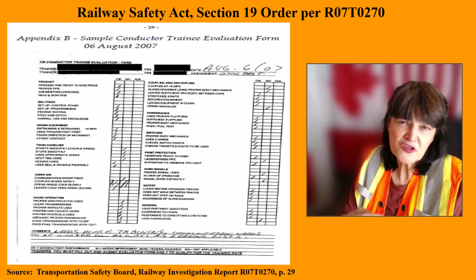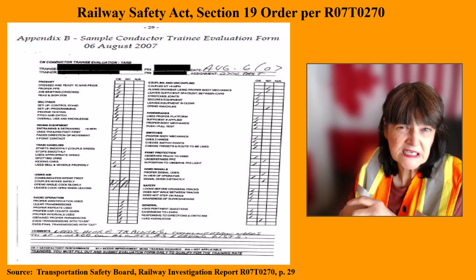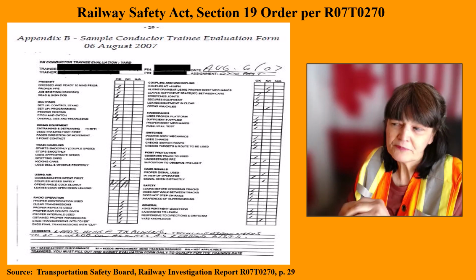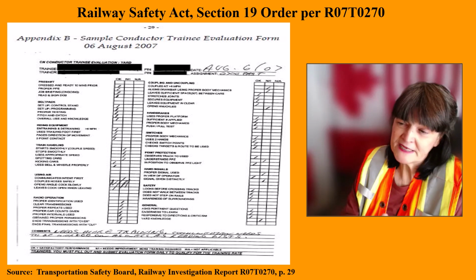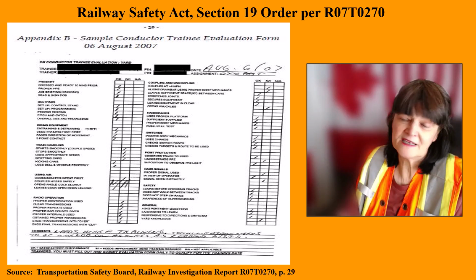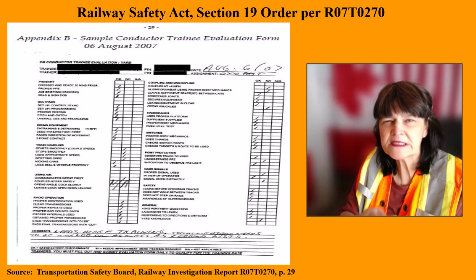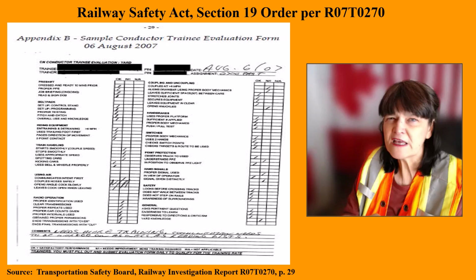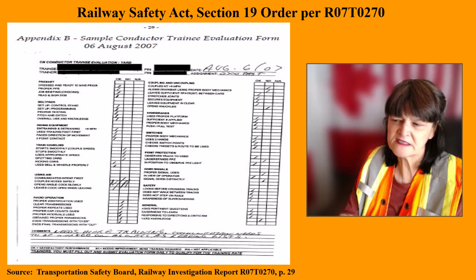Well, in the case of Jason Clooney, almost 25% of his evaluations were missing. And that, I don't think, is just an issue for him, just my opinion, but again, another huge issue. If you've got training evaluations that are missing, how can you possibly do a qualification of a conductor trainee if 25% of the information is missing when they're supposed to be tested on all these different